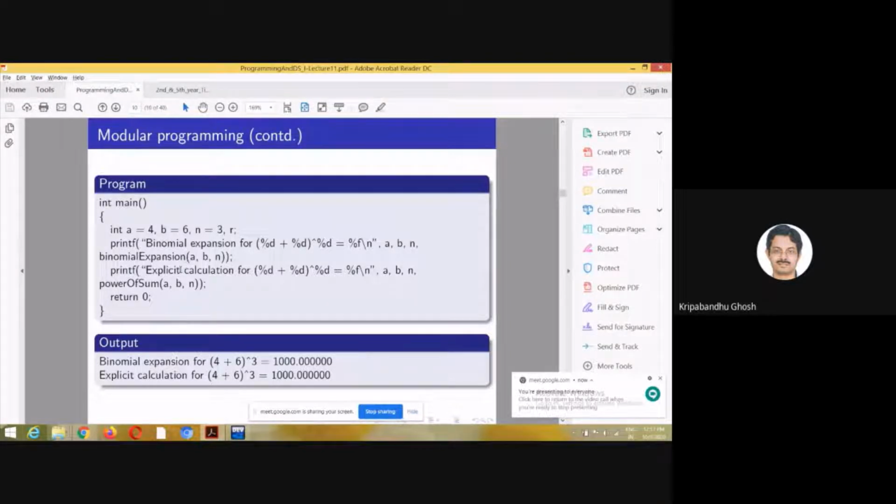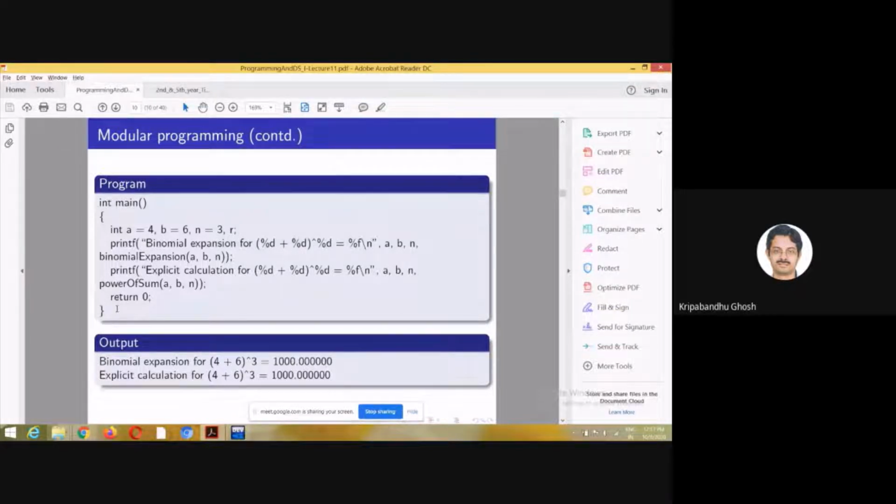As I mentioned, since main is a function itself, it will have its own local variables, and the scope is restricted within this particular function, which in this case is main. The values of these variables need to be stored somewhere, right?